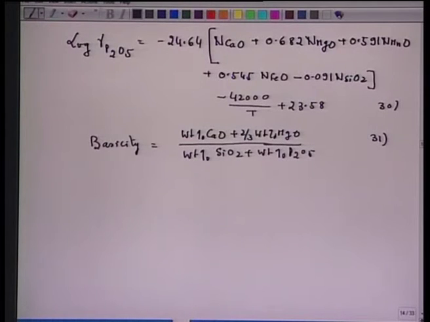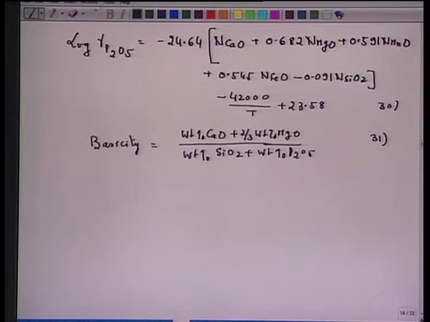This basicity in this particular form expresses the effectivity of different basic oxides on, for example, dephosphorization. As you see from equation 30, MgO is only 0.68 times as effective as calcium oxide, MnO is 0.59 times effective, FeO is of a similar order of magnitude, whereas SiO2 has a negative influence on dephosphorization. This is the important thing. Na2O and BaO are even stronger than calcium oxide, but they corrode the lining and hence they are not very often used in practice.